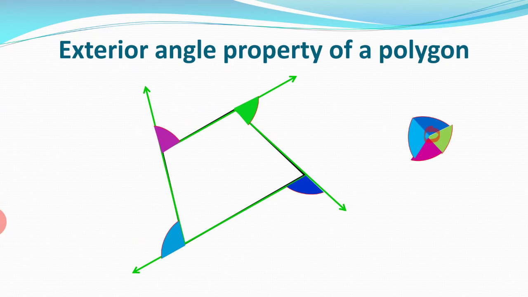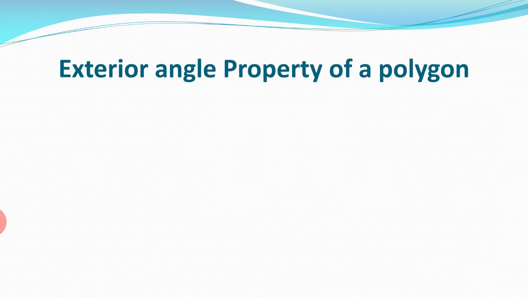And in a quadrilateral, is it true for a pentagon? So we say yes. For all polygons, the sum of exterior angles is always 360 degrees. You take any polygon, 4-sided, 5-sided, 6-sided, 7-sided, 8-sided, decagon, 12-sided, 24-sided, any polygon, the sum of all exterior angles will always be 360 degrees, and this is a very important property.